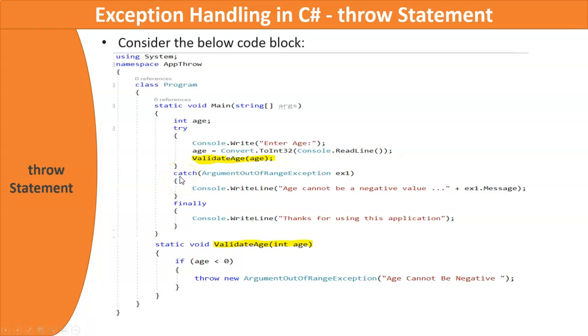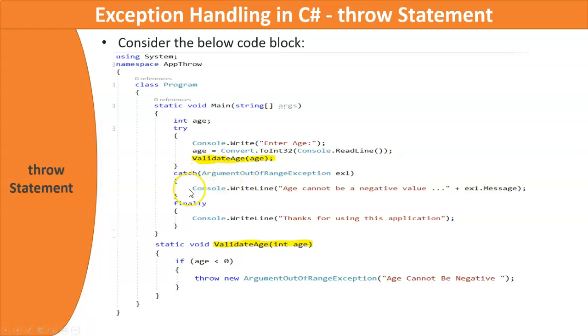Then that exception which is thrown by the programmer is caught in the catch section. You can see that in the catch section, we are catching ArgumentOutOfRangeException. So we have thrown the ArgumentOutOfRangeException, and it is caught by this catch section.